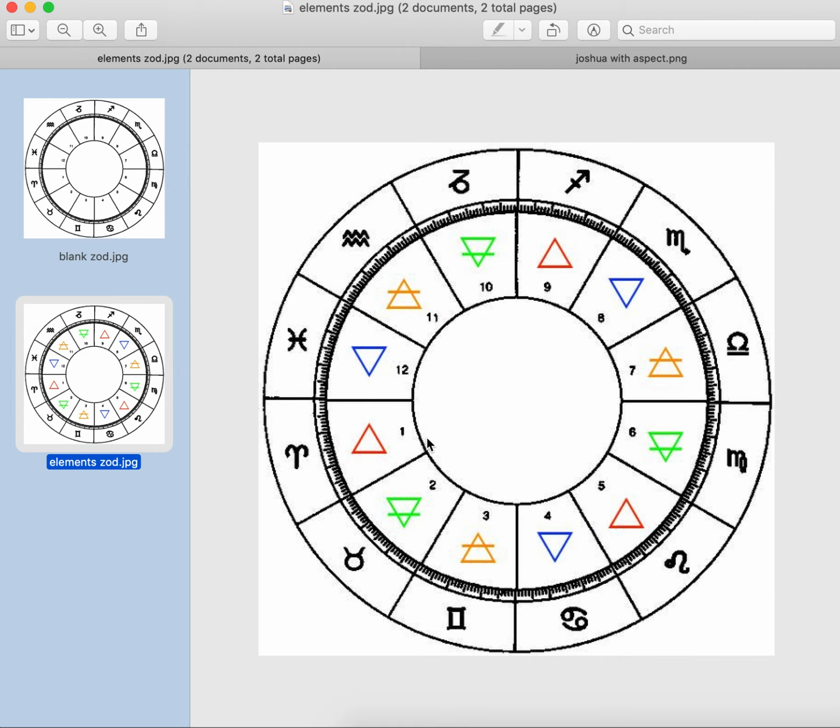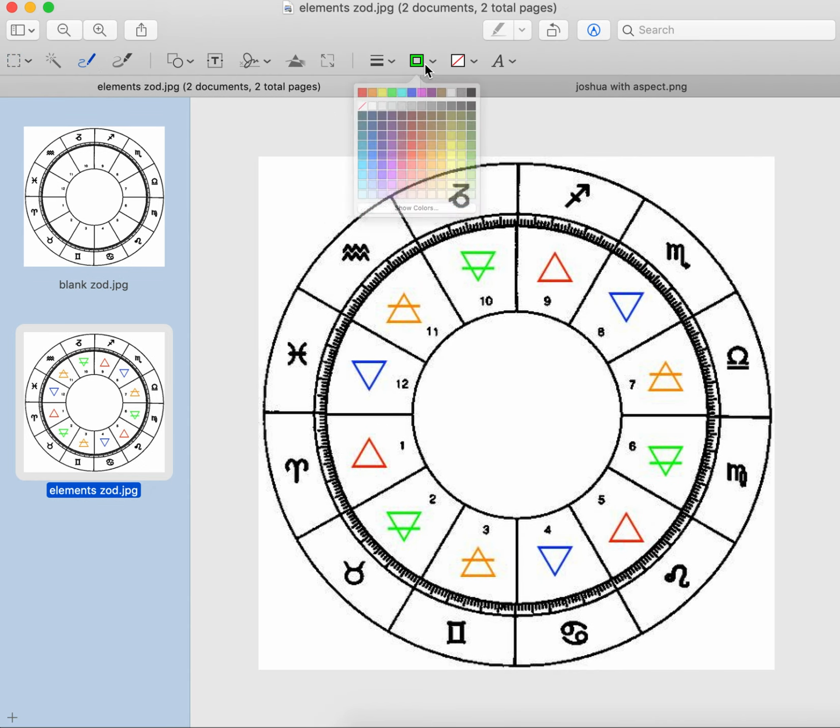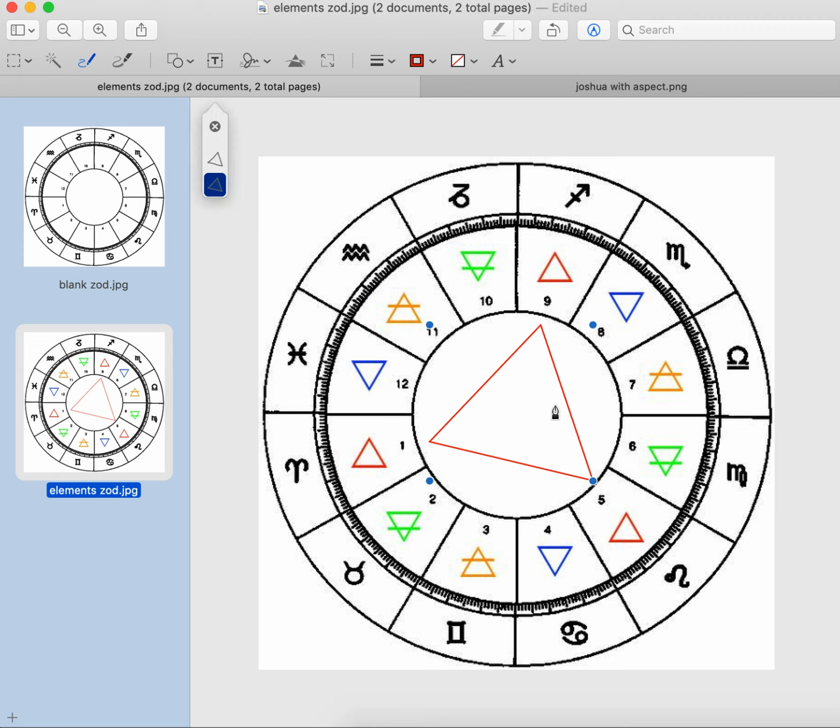So let's start out with each of these triplicities. Now that's an important vocabulary word for our time together, because each element is also a triplicity, and you can see more clearly in this diagram why. There are 3 of each element among the zodiac. So Aries, Leo, and Sagittarius, those are our 3 fire signs. Now if we get out our handy dandy annotation tools here, we can represent the relationship between the signs of the same element with an equilateral triangle, and this is called a grand trine,